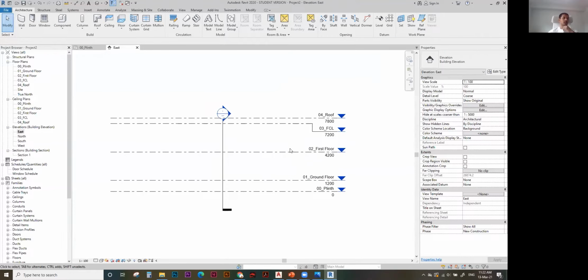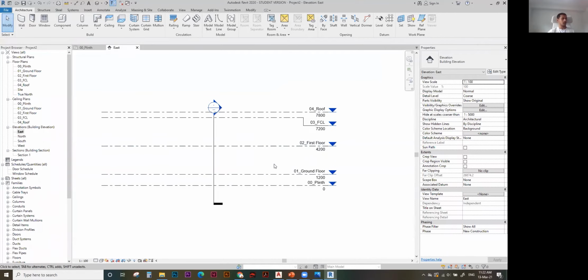Now we've got the levels set, right? So I've created all these levels in Revit now. Now, like I mentioned, the next thing that I want to do is start building the walls and learn how to build the model. So I'm going to go to my, if you look at the image of the project,